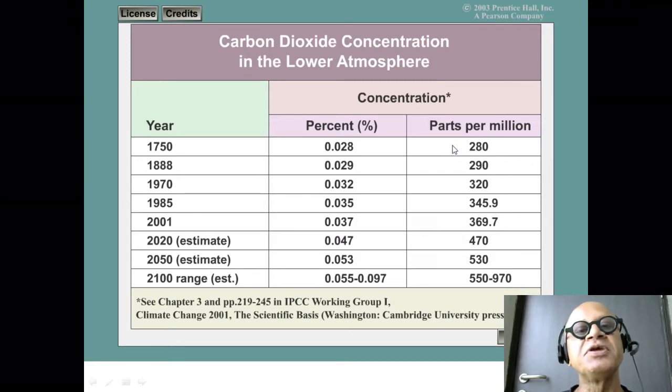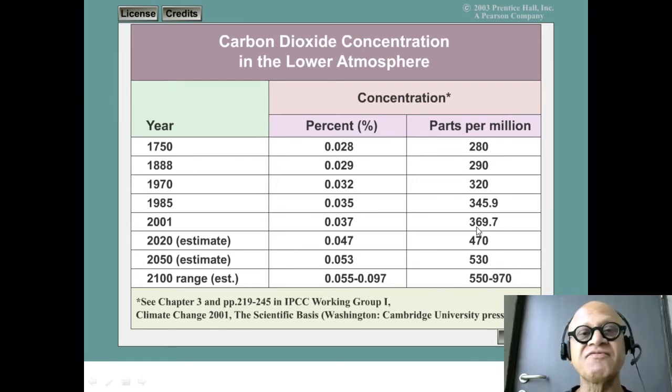At the beginning of the Industrial Revolution, we were at 280 parts per million. Later on we will see how the concentration of carbon dioxide in the atmosphere has changed in the past. It turns out that with ice ages and other factors, continents moving and so on, carbon dioxide concentrations have changed. The question is, how high was it before, and are we increasing it so much that it was never this high before? And what does it mean when we increase it by this much, right? That's the point. So it has continuously increased from 280 parts per million to currently, in 2020 in August, September,